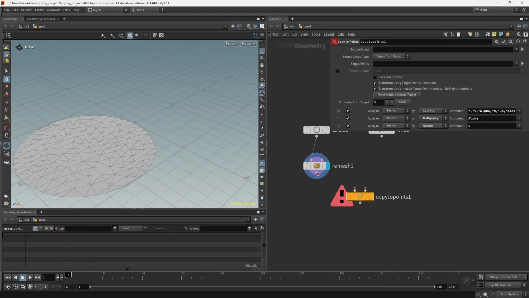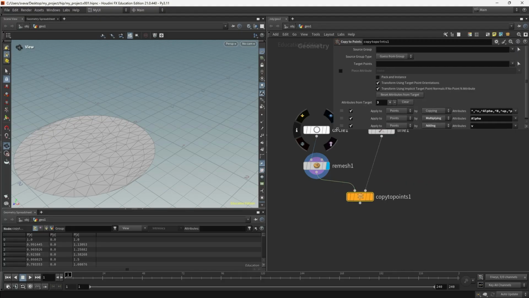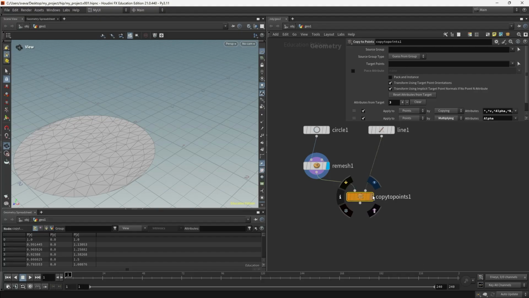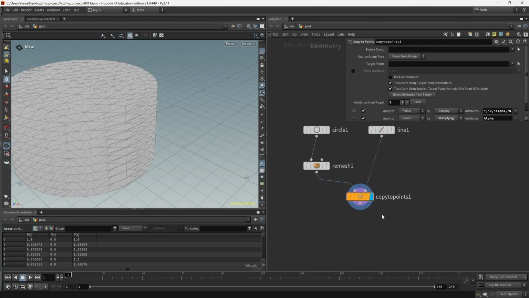Connect the circle to the left input and the line to the right input. And then move the blue flag. Instead of copying the circle onto all of the points of the line, we can just scatter a few points